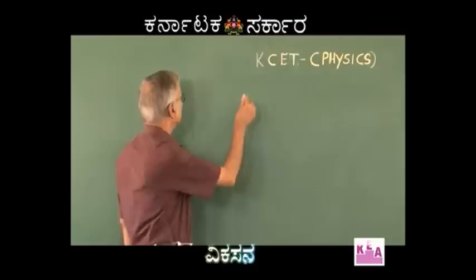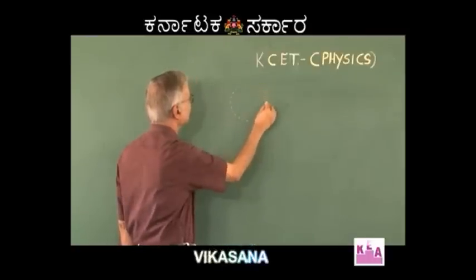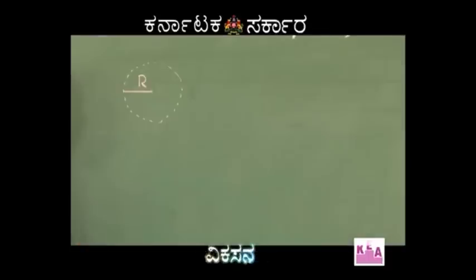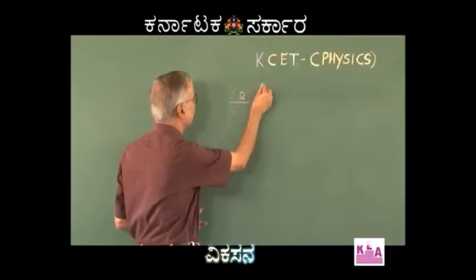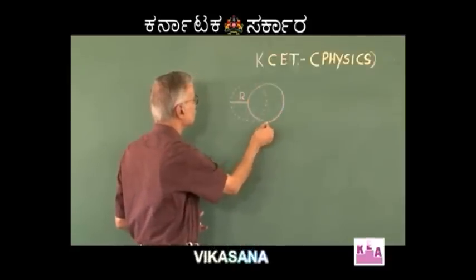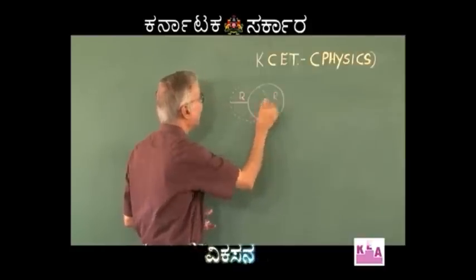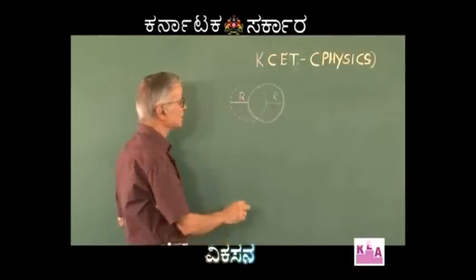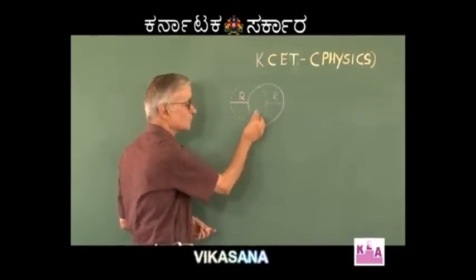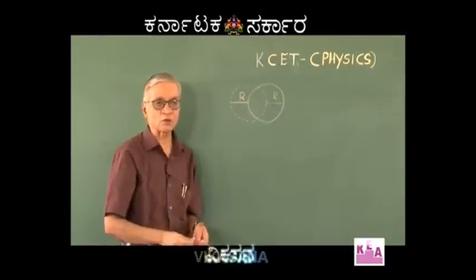Suppose the dotted line represents the ring and suppose the radius of the ring is r. Let the solid sphere be shown by a thick line. This is also of the radius equal to r. And you may notice that I have drawn the sphere such that the center of the sphere lies on the periphery of the ring, as is required in the problem.